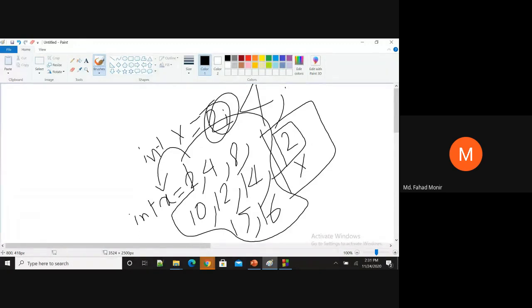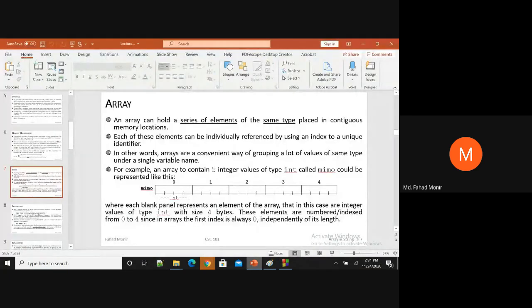Separately we can do that, but we cannot add all this value in a single variable. So what we can do, we can bring another concept, which is the concept of array. Array allows you to save more than one value in a single variable type. That means by using the concept of array you can save a bunch of elements, a series of elements in